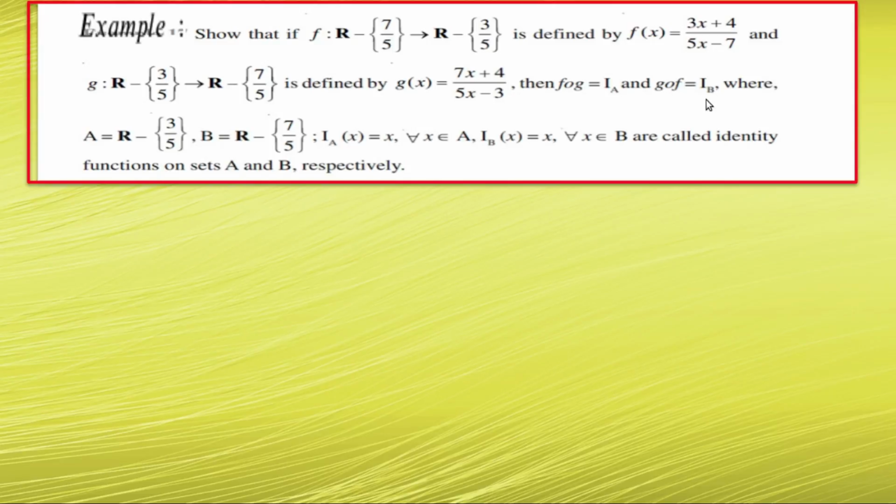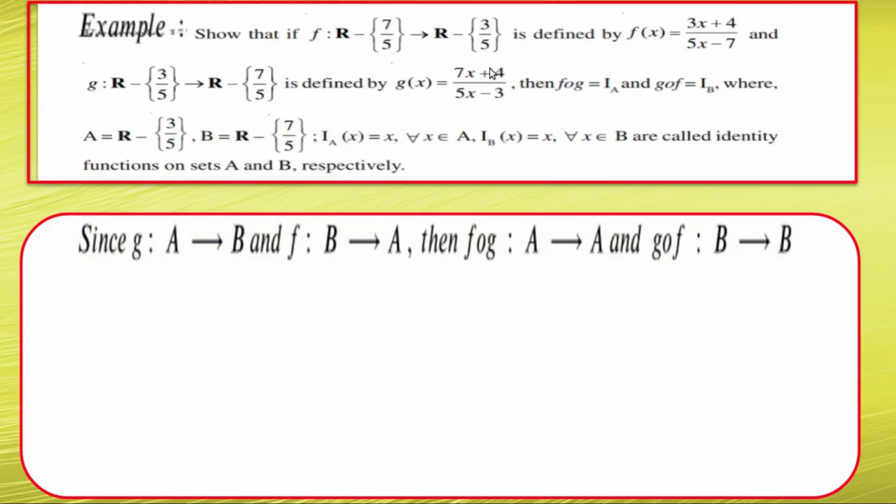So what is IA and IB? They are identity functions. It's defined like this. What is A and B? A is all real numbers except 3 by 5, this set, and B is all real numbers except 7 by 5. Then clearly f is a function from B to A and g is a function from A to B, like that. Then clearly f composition g is a function from A to A and g composition f is a function from